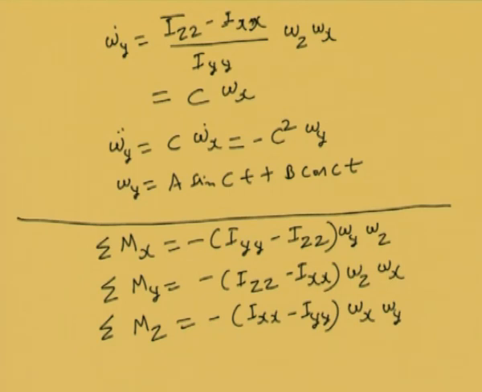So suppose there is a sphere in which, about a point at the mass center, Ixx is equal to Iyy is equal to Izz, and in that case of course sigma mx will be 0, sigma my will be 0 and sigma mz will be 0. So a sphere can keep rotating without any moment, but in general it is not true.